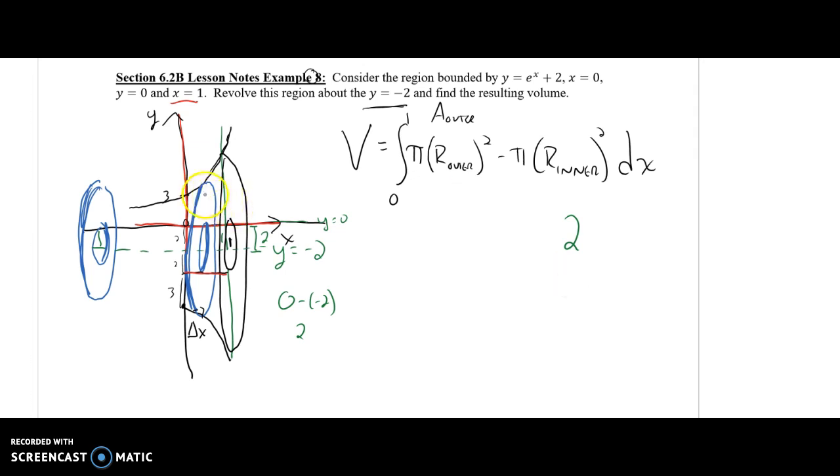My other radius is going from this center point all the way up here. I need that to be in black. So it's going to go from here all the way down here. Now if you remember, this distance right here, that's my y distance, which is dependent upon this e to the x plus 2. That distance right there. We've already shown that this distance right here is 2. So instead of subtracting, because we're adding a distance here, it's like we're taking e to the x plus 2 and adding another 2. But that sometimes tends to be confusing for people, so we just take our top function,